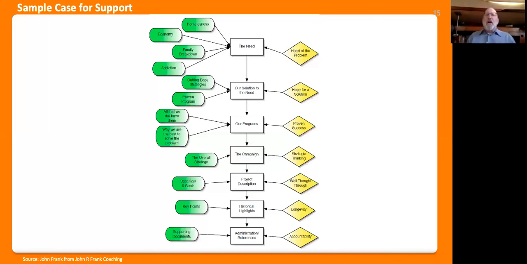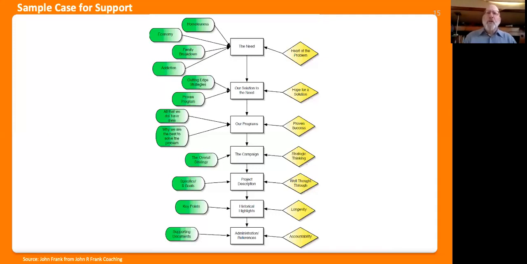So we are now going to talk about the case for support for the annual fund, which is your mission and vision. What are we doing? Why are we opening the doors? Now, as you can see in the green on the left, those are all the rationale for a rescue mission, an inner city rescue mission that deals with homelessness, hunger, addiction recovery, and transition.